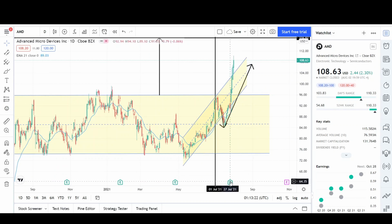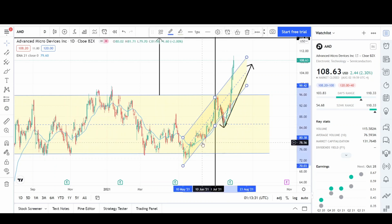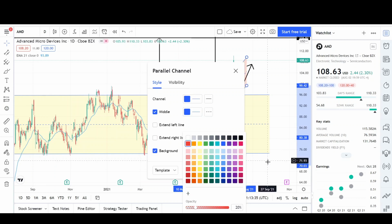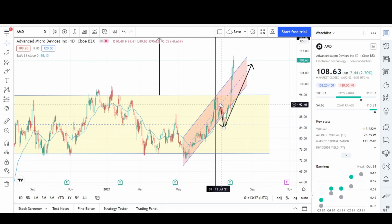It also looks like they used the earnings to push the market up higher, because it looks like we were in this channel and we just had that breakout side. I'm going to change this channel color so you guys can see what I'm talking about. Let's make it red. So inside this red uptrend channel, we had two legs back to the midline, and then